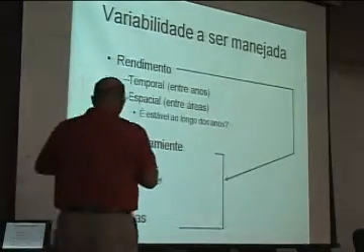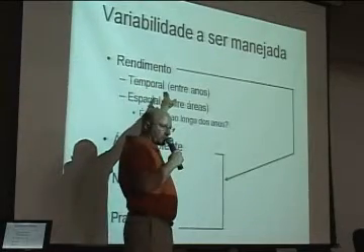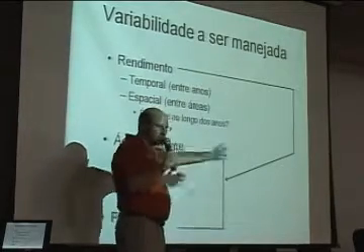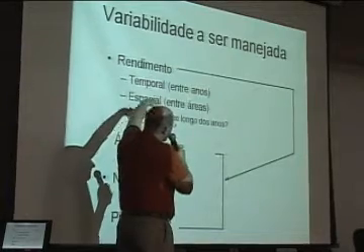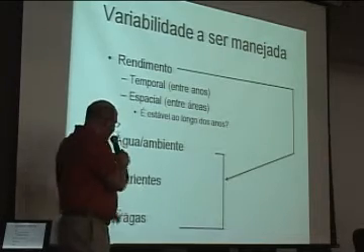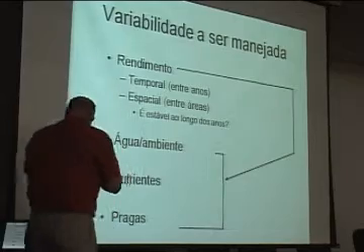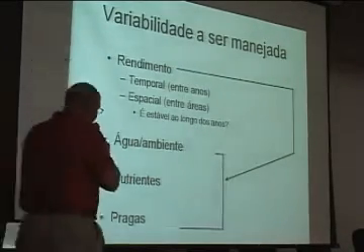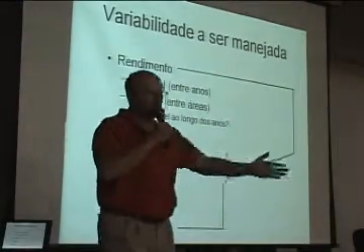And so we go back to yield, and in yield we have temporal issues. In other words, it changes from year to year. We have spatial issues where it changes as we go across the field within the year. And so we know that this all occurs because of differences in water and the environment, maybe differences in nutrients depending on how we apply our fertilizers, and then difference in pests because some years we have weeds or we have diseases. And so these things all change both every year they're different, and as we go across the field